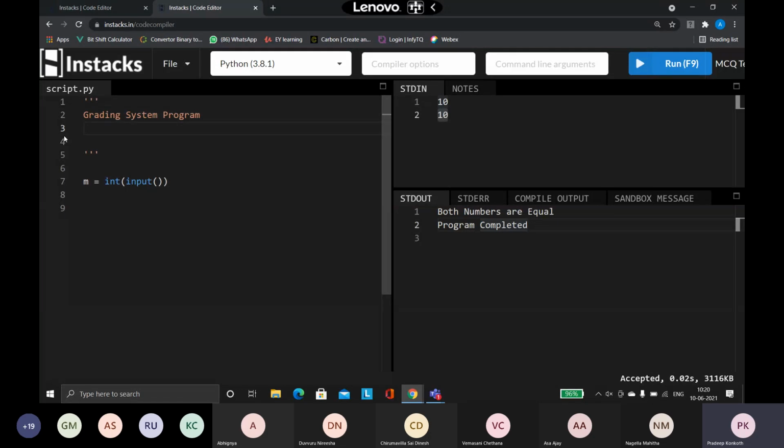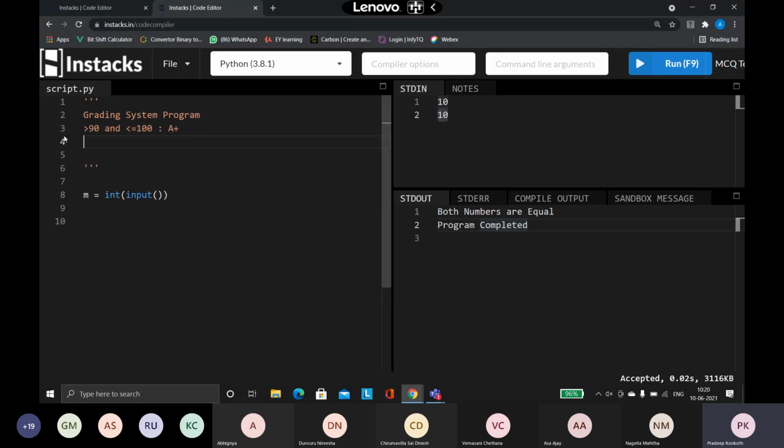If your mark is greater than 90 and lesser than or equal to 100, understand the range, because maximum mark is only 100, I cannot give anything more than that. If your mark is in between this range, I am saying your grade is A plus.